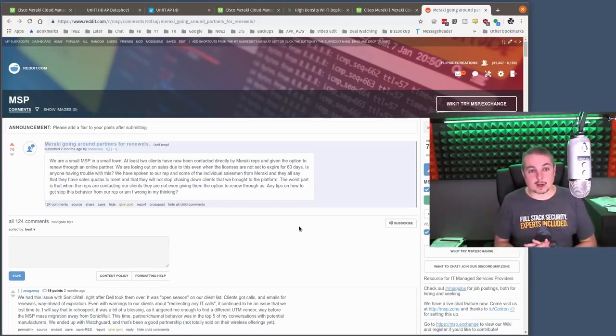And one of the network things that we are looking at, a client is very cloud averse because they're a government contractor. They don't like the idea of everything going to some mystical cloud controller, as the guy put it. They want to keep everything in-house. Well, not an option with the Cisco Meraki. If you want to keep it all in-house, the way UniFi works, you can have the controller in-house and you can keep it locked down so nothing leaves your network that you didn't want to. So there's no external controller. So you've now brought that all in-house and you manage it internally without some external potential issues,